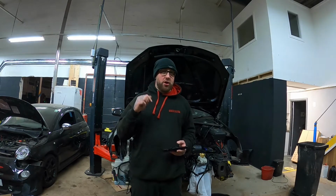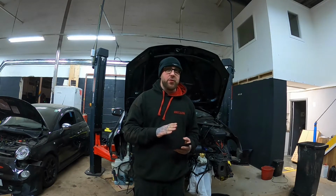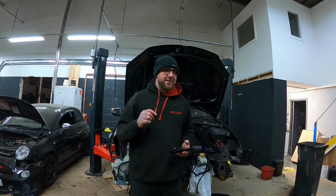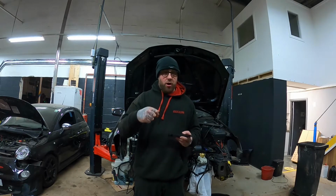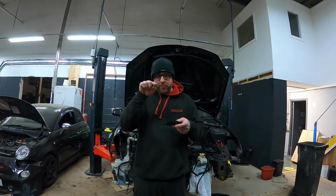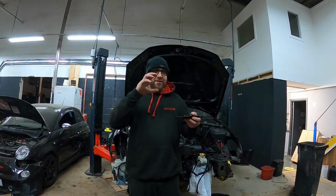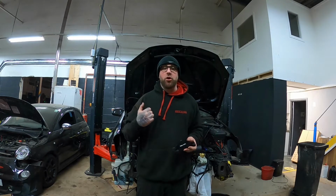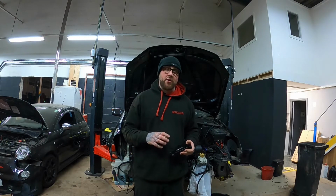So we got a camera in there, got a light up, and you could see something had moved over. At the time, we didn't know what it was, but we had a rough idea. It turned out to be the park lock. On the DSG you've got park, a rod that comes in, but on the diff there's almost like a castle type, like what you see on a crank pickup or whatever, and that has actually slid down the diff. What I'm doing now is I will take the camera over, we'll go have a look at it because I've still got it upstairs, and I'll show you exactly what's happened, and then we'll come back and I'll carry over